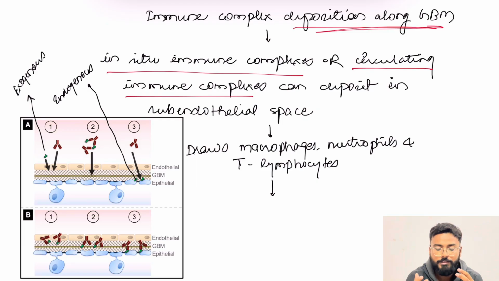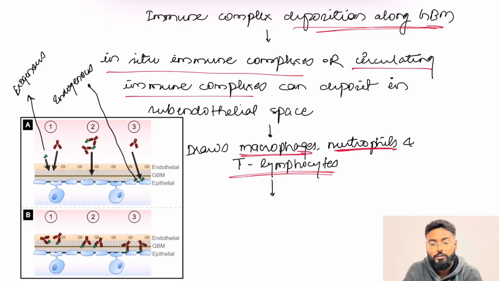That means the immune complexes formed at the original site, or immune complexes circulating inside the body, which ultimately come through the kidneys to the glomerulus and get deposited there. This is going to draw macrophages, neutrophils, and T lymphocytes. Whenever these complexes collect along the basement membrane, because the basement membrane is the barrier which is going to stop all these,